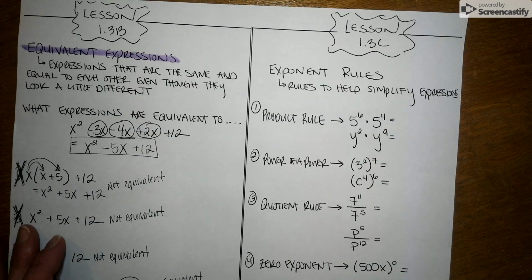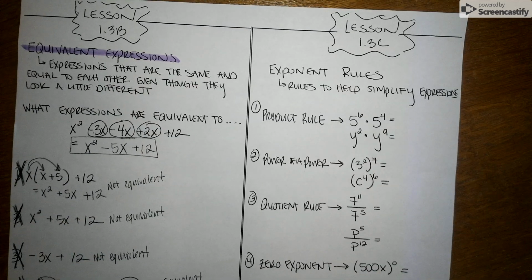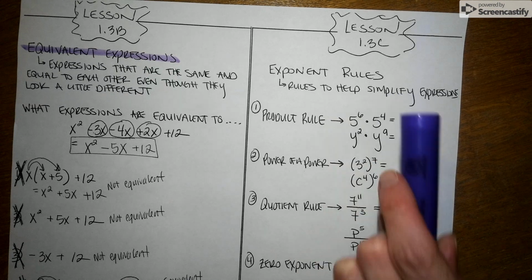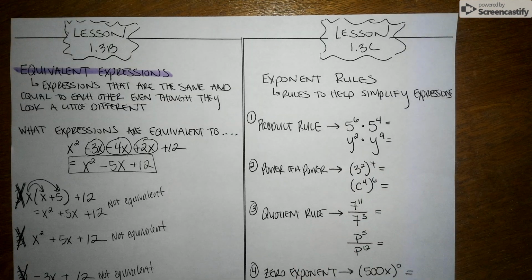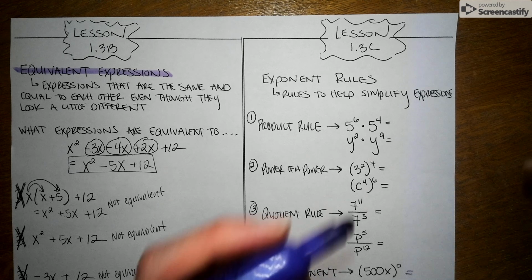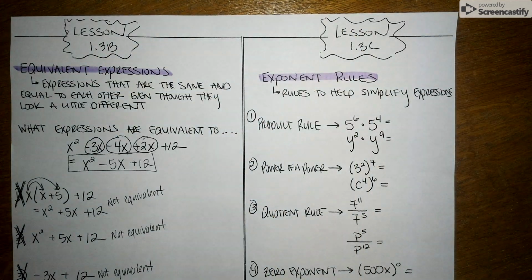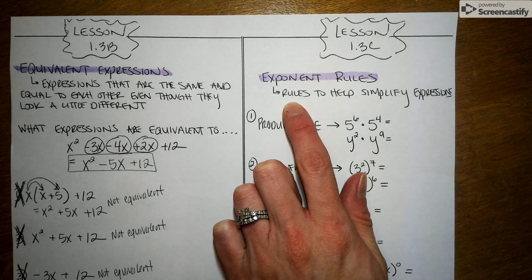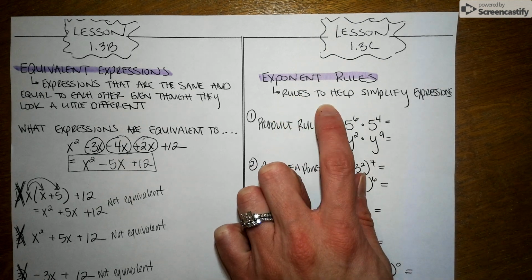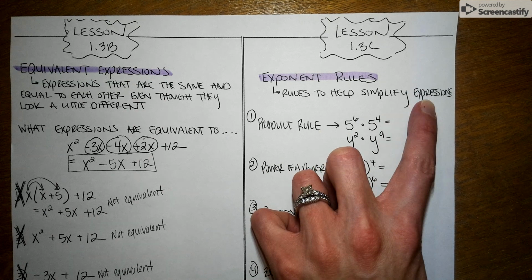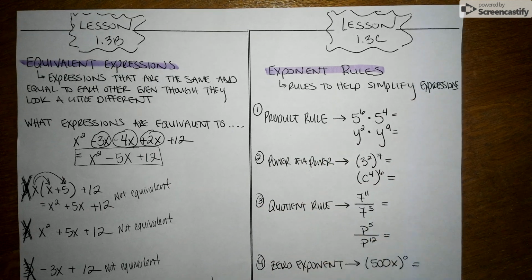Last but not least, on to lesson 1.3c. As you can see in here, the major idea or the takeaway that you needed to understand in this lesson were the different exponent rules. So underneath here, I have a little note that says that these exponent rules are rules that help us simplify expressions. So for these exponent rules, they are really something that you're just going to have to end up memorizing